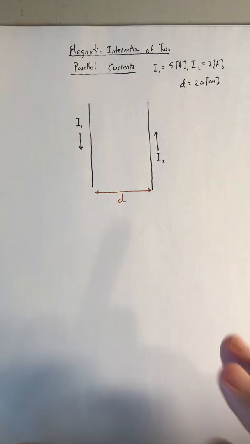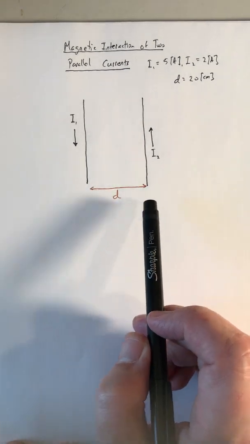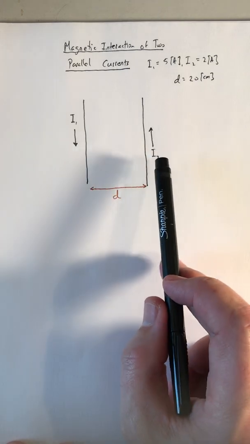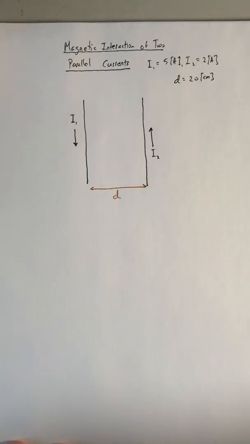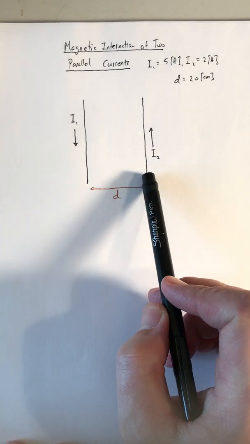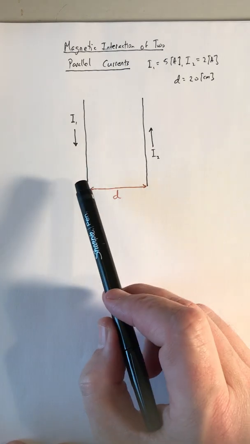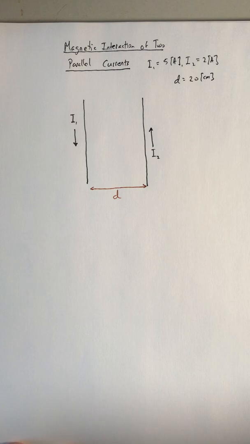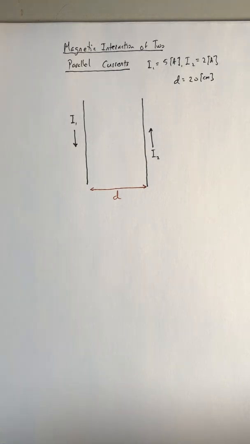The mechanism for this force is, well, current 1 is going to make a magnetic field. That magnetic field is going to push on current 2. Current 2 makes a magnetic field, and that magnetic field is going to exert a magnetic force that pushes on current 1. Right, so let's look at